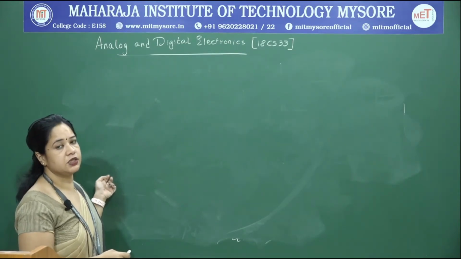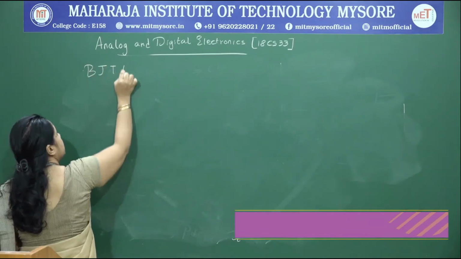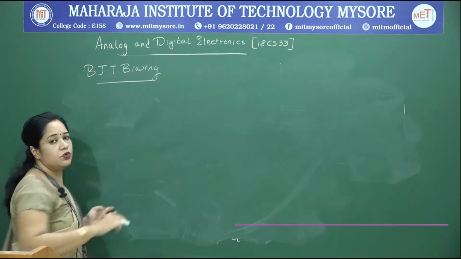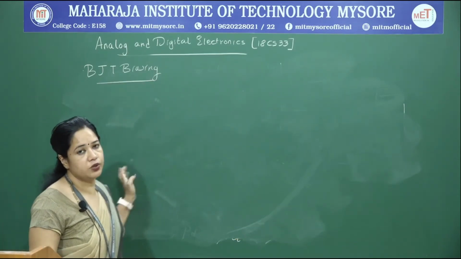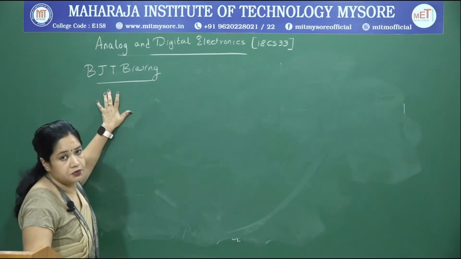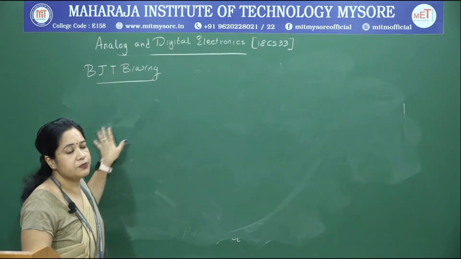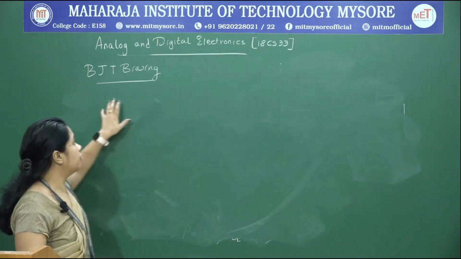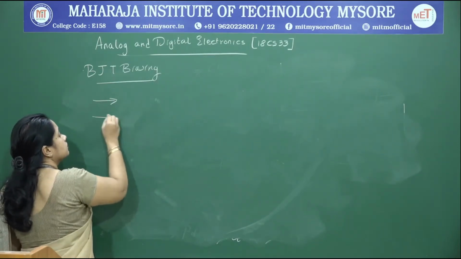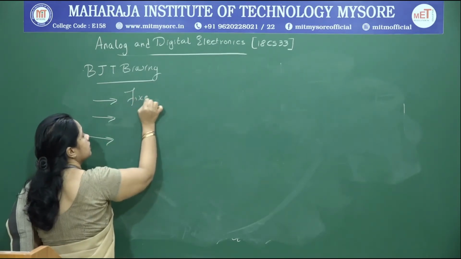BJT biasing, as I said, is applying the DC voltage along with other circuit parameters to ensure the circuit is in the active region. So we need to decide an optimal operating point which keeps the transistor in the active region, and for this we have 3 biasing circuits: fixed bias